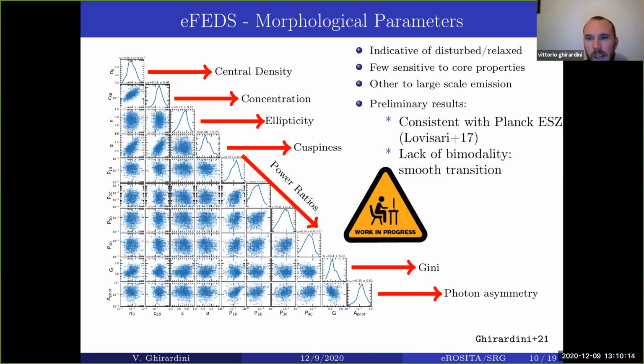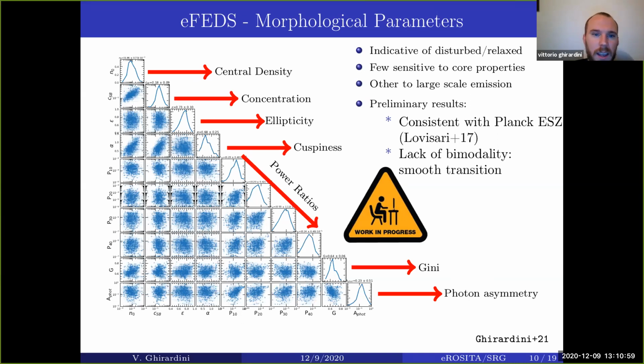What I will instead be showing next year are the morphological properties that we measure from these clusters, which you can see here in the figure. We want to investigate the morphological properties of these clusters because they are a very good indication of whether a cluster is relaxed or disturbed, or in general a cool core or not a cool core. That can be a matter of definition, but they are not one-to-one between relaxed, disturbed, and cool core, non-cool core. In particular, it's very important when you want to distinguish between disturbed and relaxed that you have some morphological parameters that are more sensitive to the core and some that are more sensitive to the